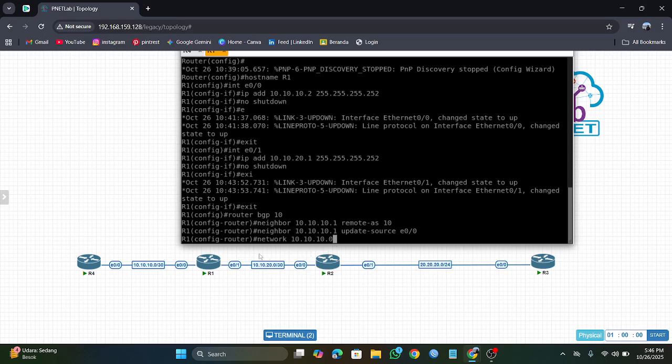This is the network in this. You can type the subnet mask 255.255.255.252.